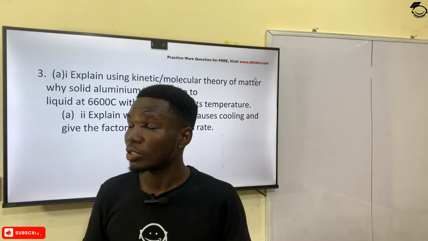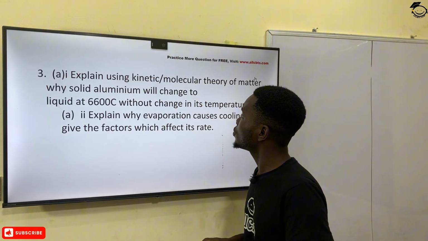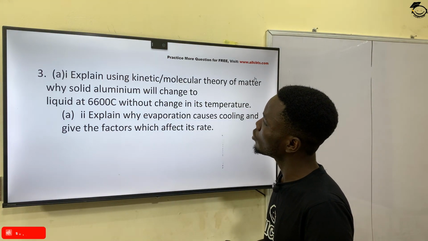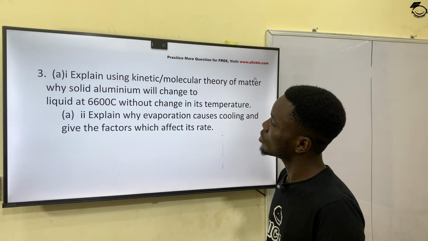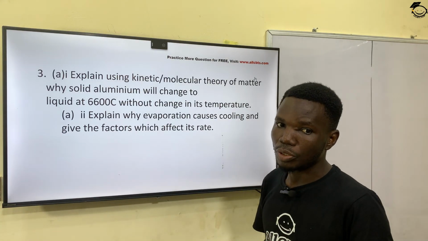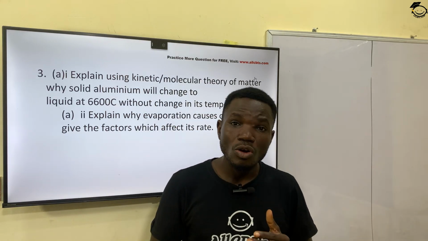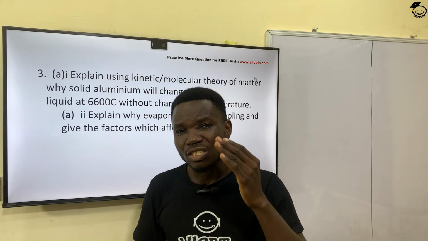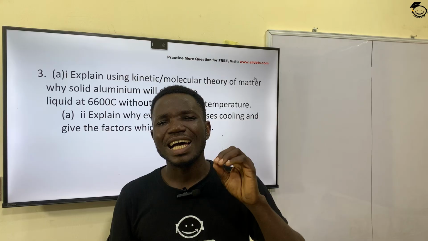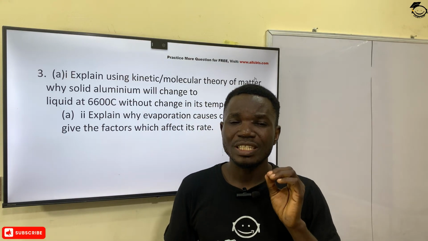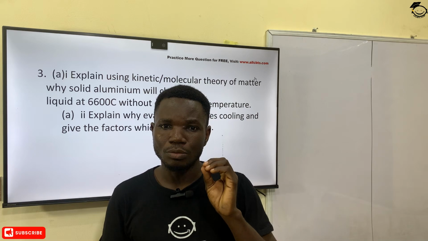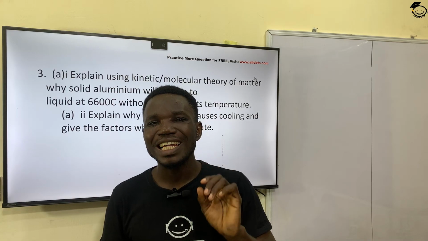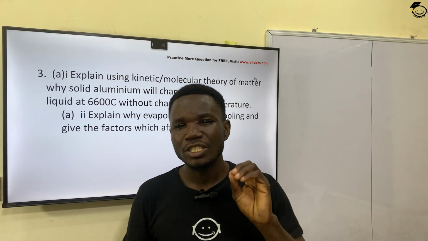Moving on to the next question, which is question number 3. It says, explain using the kinetic molecular theory of matter why solid aluminum will change to liquid at 660 degrees Celsius without change in its temperature. Now, 660 degrees Celsius is the melting point of aluminium. So at 660 degrees Celsius, any additional heat that is added to the aluminium metal is not going to increase the temperature, because all of that energy will be converted to latent heat of fusion